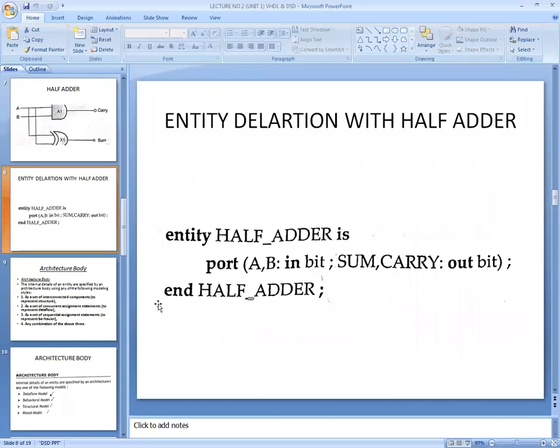And at last you write end half adder with a semicolon to close. If you do not use the semicolon here, then the entity declaration part is not ended for the architecture part. It means this problem is also carried into the later part of the program, or you can say the architecture body.